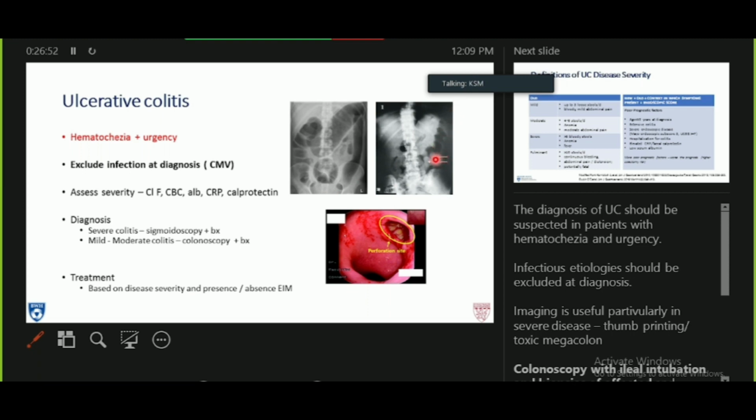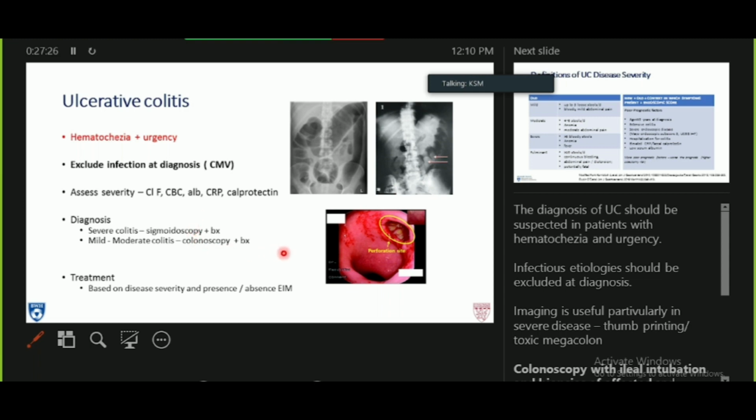Edema of the bowel wall can give this classical appearance of thumbprinting, or in very severe cases, you can get toxic megacolon, which is something that we're trying to avoid because it's an indication for a colectomy. We want to assess the severity by checking for anemia, checking the inflammatory markers. We also like to check a serum albumin, not because it's a marker of nutrition, it's not, but it tells us if the albumin level is low, then someone has a leaky gut, and this is someone who's sicker because they have more inflammation. And so in that situation, you might need to give them more aggressive therapy as first-line